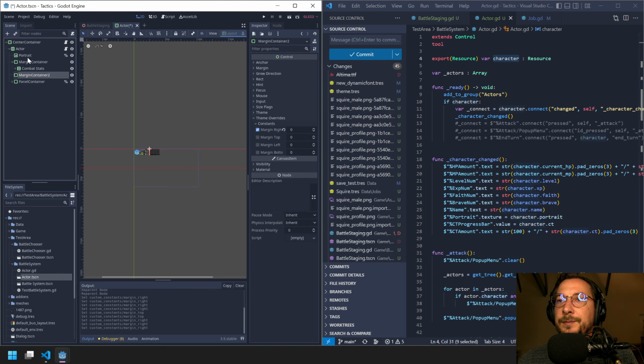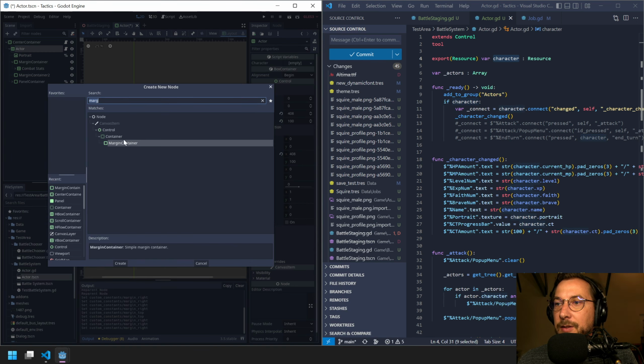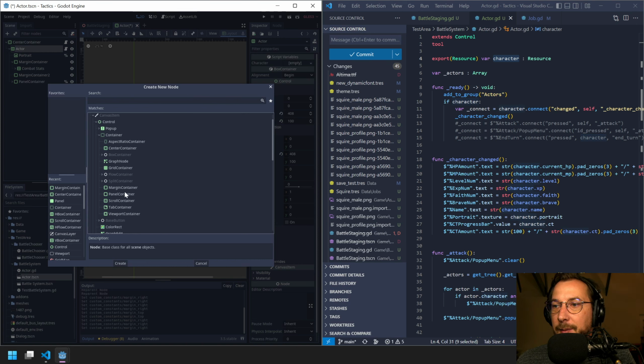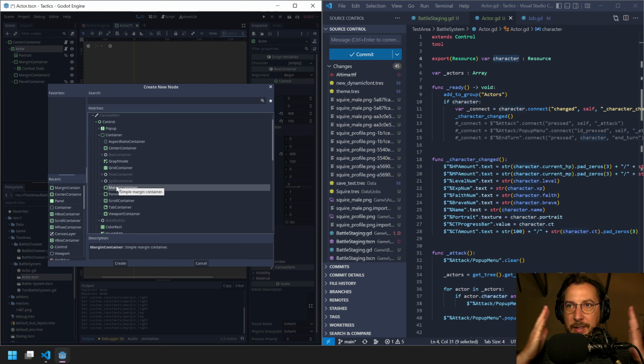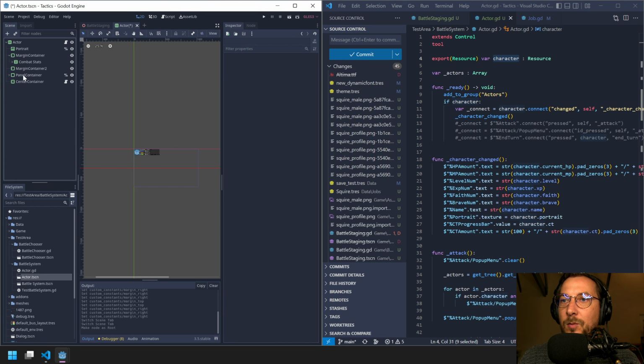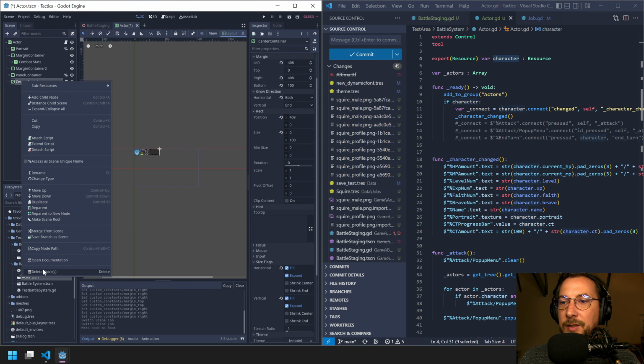There's probably another way to do it without something called a margin container, but I feel like margin container is probably our best bet, because it says it's just for margins, so we're just pushing the margins out. And we're doing it so that we're separating everything else. And I suppose then, if this is what we're doing, let's make this apparent again. We'll put the actor scene in a center container